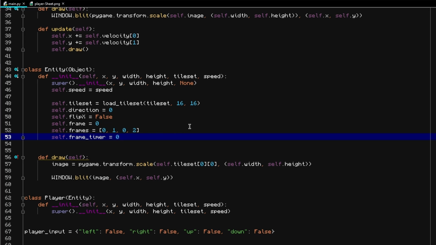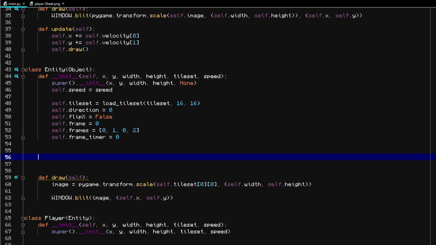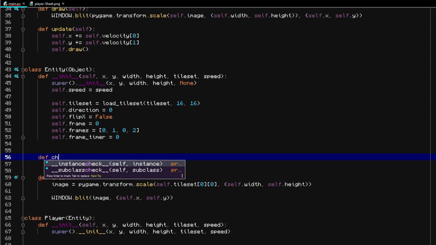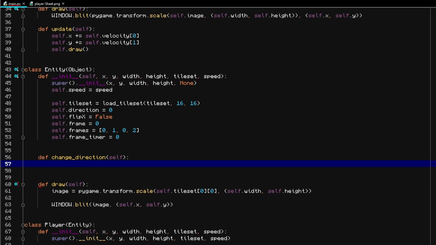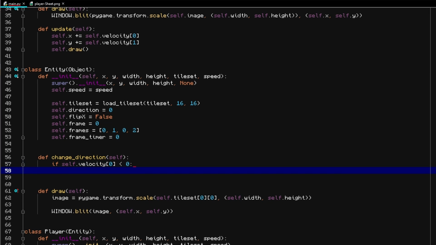The direction variable is going to define which direction our sprite would be looking at. And we're going to have 3 directions: up, down, and horizontal, each one corresponding to the rows that we have in our player sheet. Now let's make another method inside here. I'm going to call it change direction. It's going to be checking the velocity of our entity, and based on the velocity we're going to change the direction. So we do that by writing if self.velocity, and we're going to point to the x velocity, which is going to be on our 0th index. If it's less than 0, meaning that it's a negative value, we're going to set the direction to be